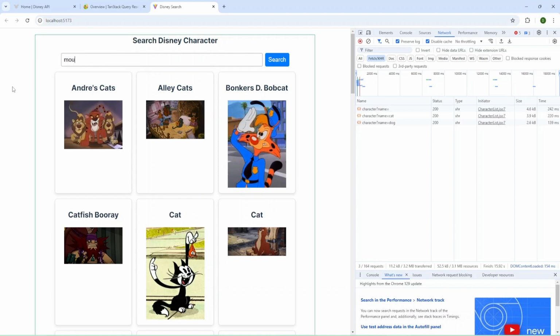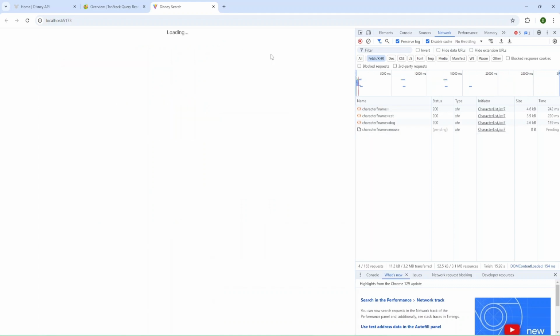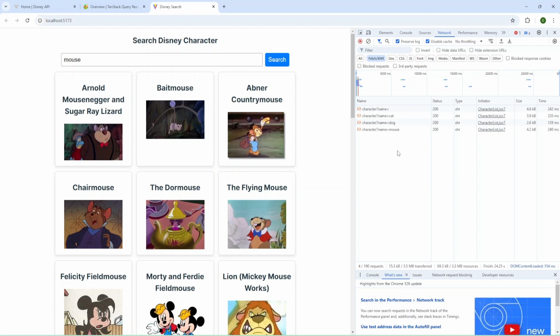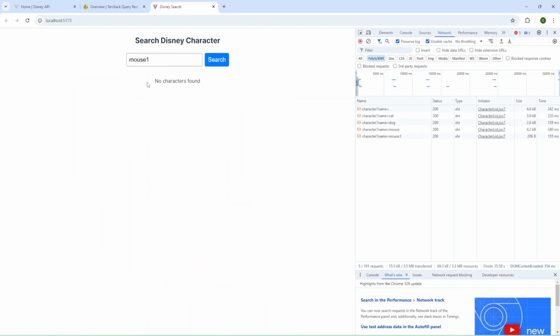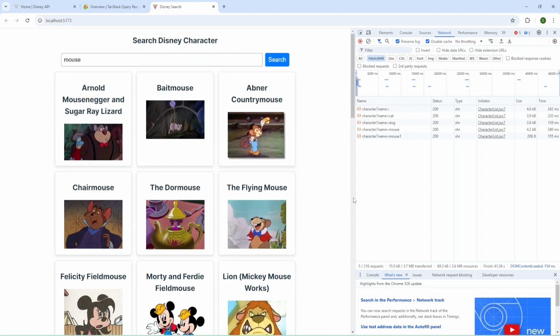And I can add mouse, and we don't have mouse in cache, so it sends the request. If I use mouse 1, we have no characters found, and when I return to mouse, we use the data from our state.